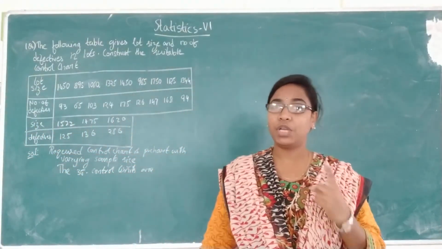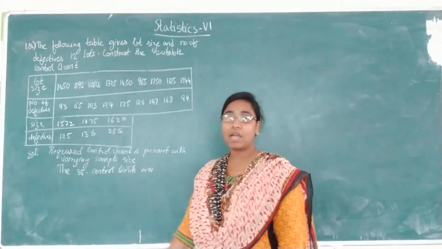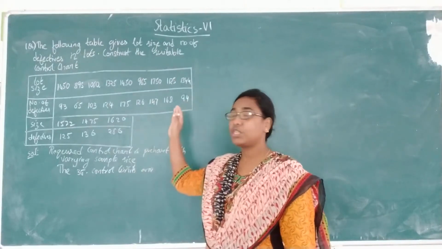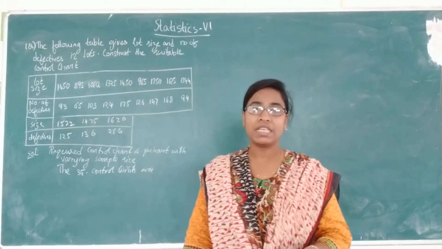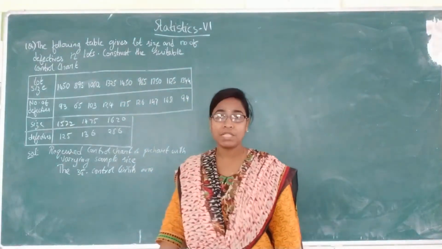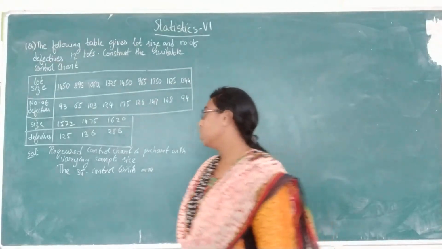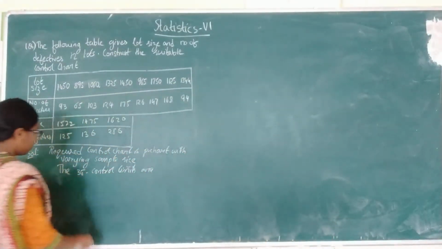for the P chart with a constant sample size, you will get only one LCL and one UCL. But in case of varying sample size, as many samples as you have, that many UCLs and that many LCLs you will get. Here a total of 12 samples are there, so you will get 12 UCLs and 12 LCLs. So what are the 3 sigma control limits?